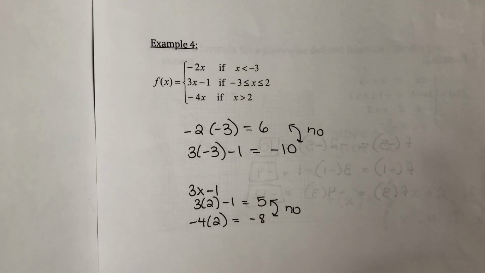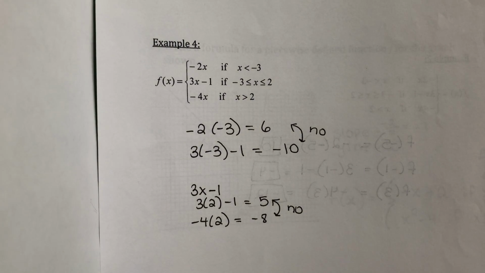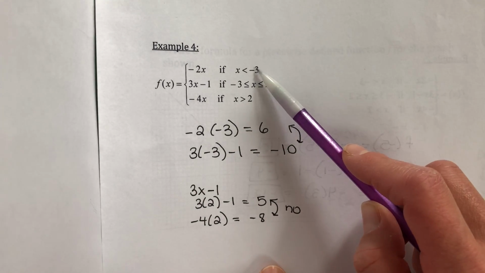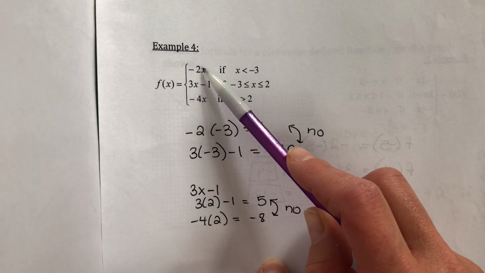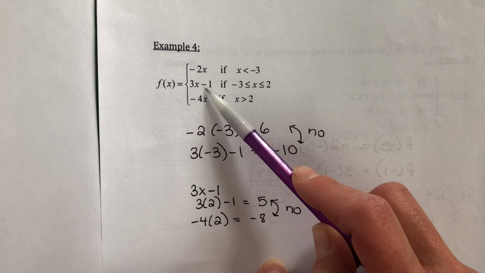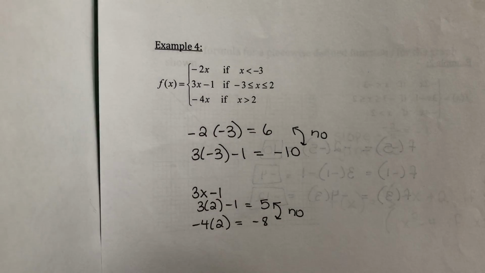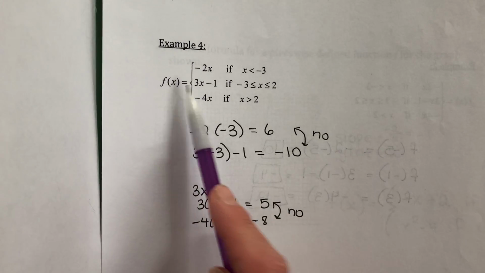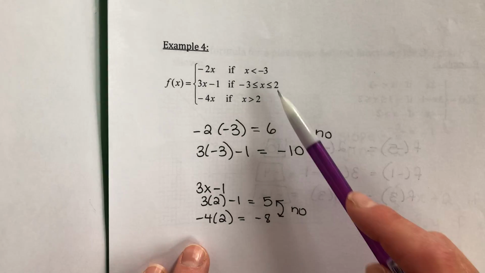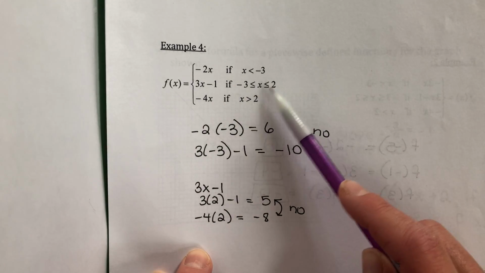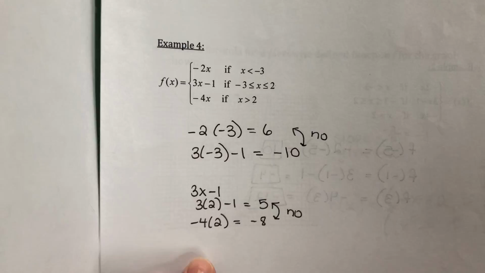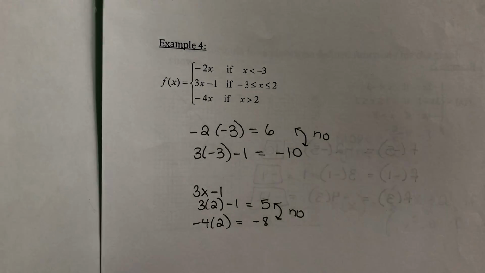The next example I have, same question, is this continuous or not? We're going to look at, again, all the x values that are shared in the domain. So we're going to look at -3. We're going to sub -3 into this expression and this expression. I'm saying expression as opposed to equation because in order for it to be an equation, there needs to be an equal sign, and -2x doesn't have an equal sign on it alone. Neither does this one. The equal sign's over here. And then we'll also look at the 2 because the 2 is shared in this domain here. And if the answers, when we sub in the x value of 2 here and 2 here, are the same, it'll be continuous. So starting with the -3,